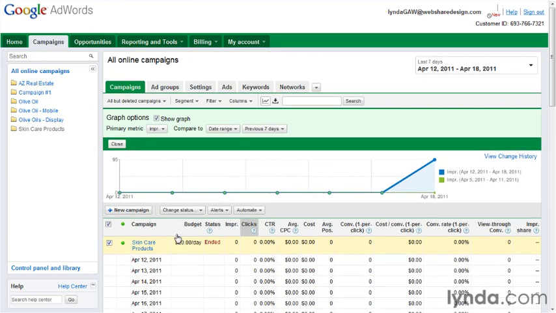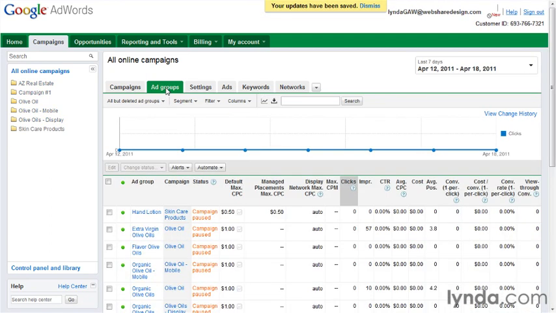Lastly, this is where we find our alerts and automation features. For now, just know that this is where they live. You'll find all of these general features on other subtabs as well, though the scope of what you're looking at will change a bit. So let's head over to the Ad Groups tab, where you'll see a lot of the